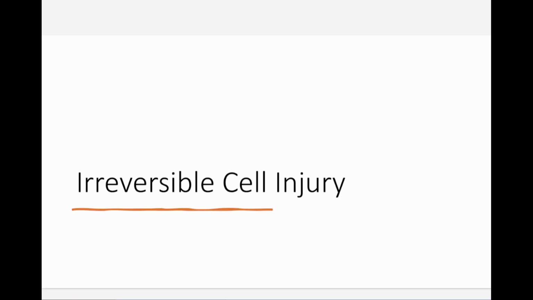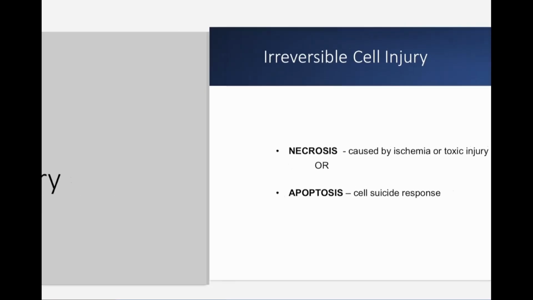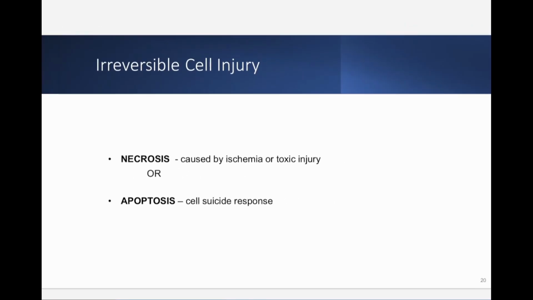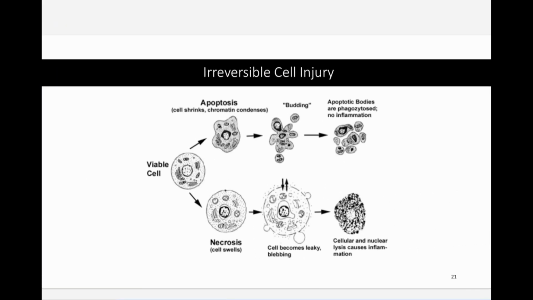Okay, so that we just talked about what the adaptations to stress the body is going to go under. Now let's talk about irreversible cell injury. You've injured the cells so bad they can't reverse. They're going to have to repair themselves or go away from there. So there's two forms that's going to happen. Either the cells are going to necrose or they're going to undergo apoptosis, which is like a programmed cell death. These are the two things that are going to happen when you have irreversible injury to the body.